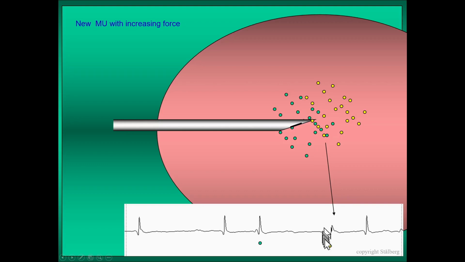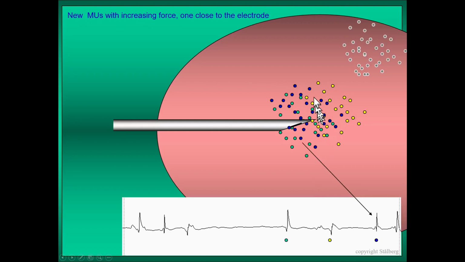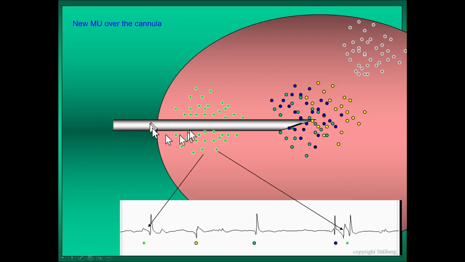It's one representation here. If we now increase the force a little, then a new motor unit is coming in, this blue one with a new shape, but also a new motor unit is active far away from the electrode and therefore not recorded. And then if we increase the force even more, one motor unit may be situated here, in this case on the shaft of the cannula that is used as reference, and we see a small low amplitude